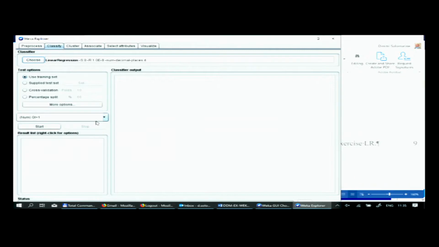Okay, now the output would be Qt+1. However, you can choose another one, but don't touch it. So if it's the last one, it always shows here last. So advice is always to have the predicted value in the last column. And if you click Start now,